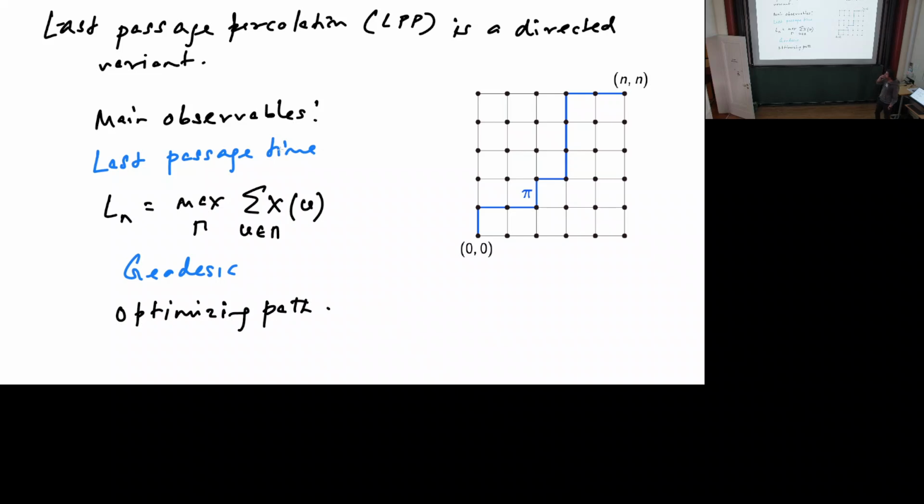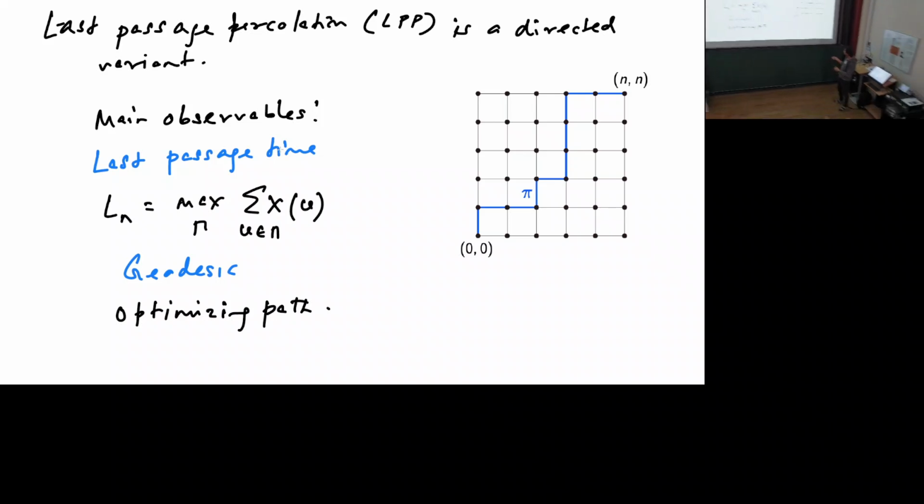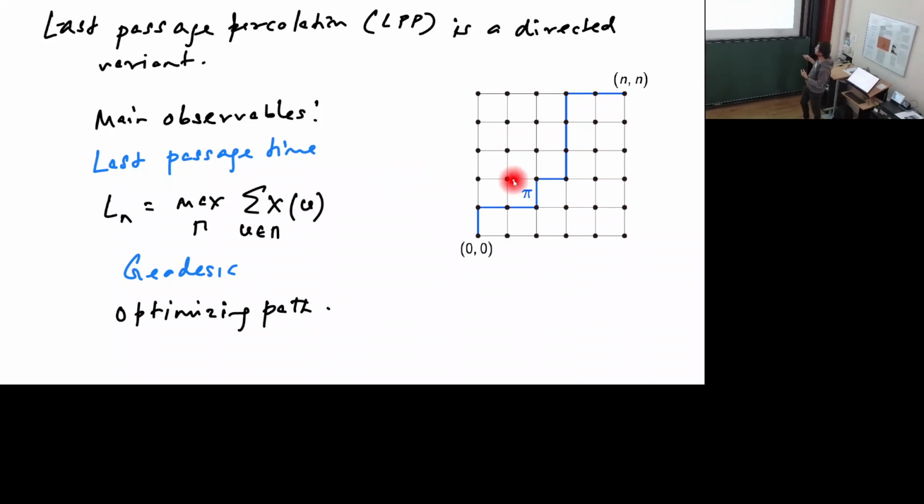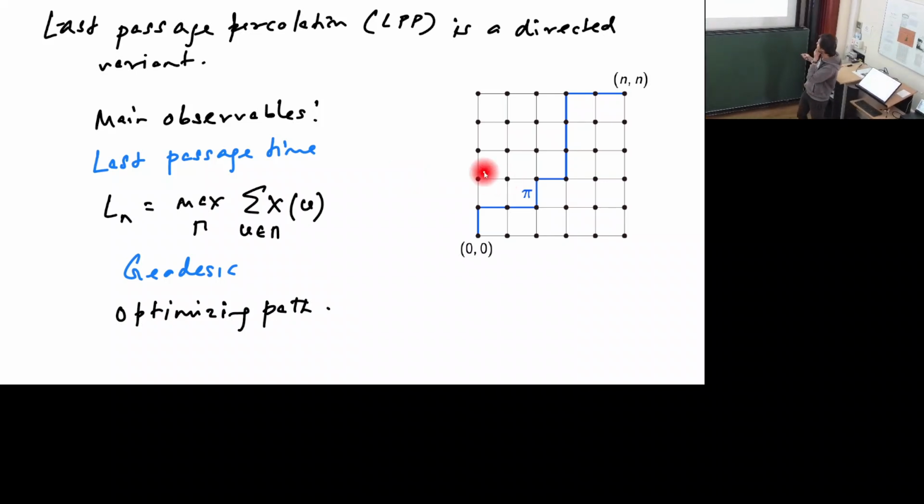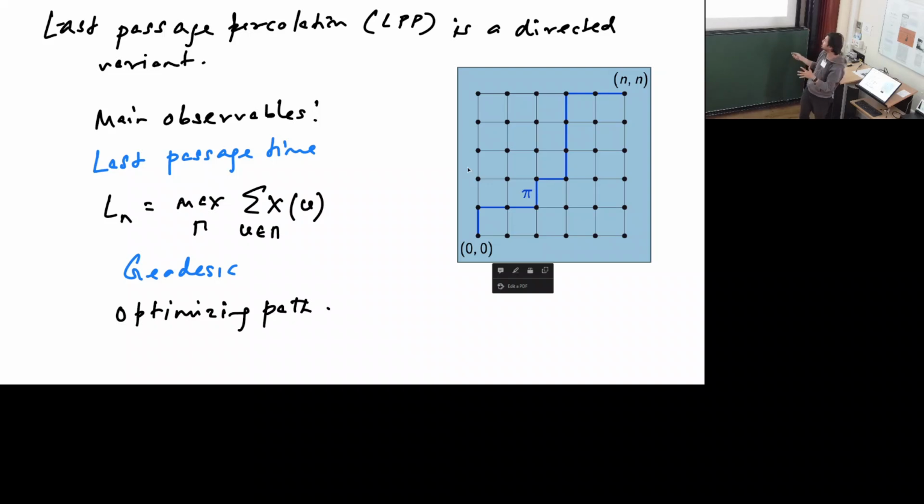Actually in this talk, we'll focus on a slightly different but related model, which is known as last passage percolation. This is a directed variant. In first passage percolation, you look at the shortest path between two points. Here we will essentially have the same setting. You're going to have your lattice, and let's say equip the vertices with some random weights. And instead of looking at the shortest path between two points, we're going to look at two points which are directed from each other, and we're going to look at the longest path, but also enforce an orientation. So we'll only consider paths that,